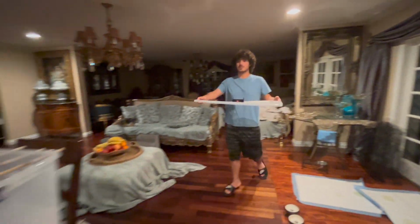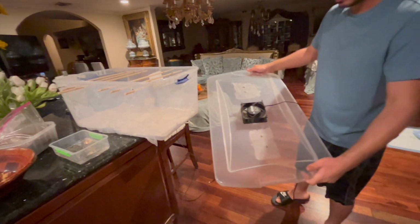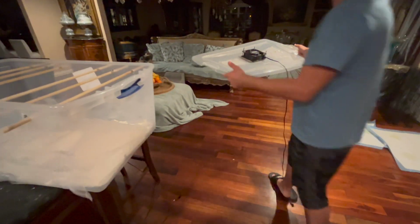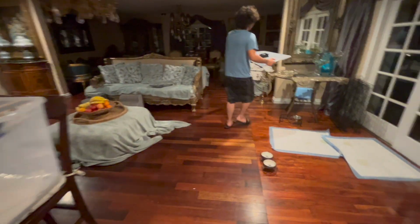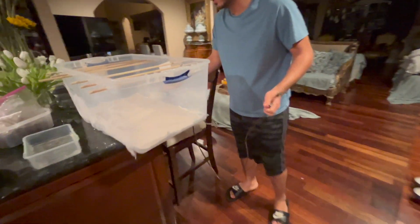This goes on top, and this is just a plastic bin I got from, I think it was Walmart, and that's a computer fan on top of it. And so it's plugged in, and I'm just going to plug that into the wall. And as such, that computer fan is going to get going. And here I have plugged in a light bulb. So I made a hole in here and I plugged in an old light bulb, and that old light bulb